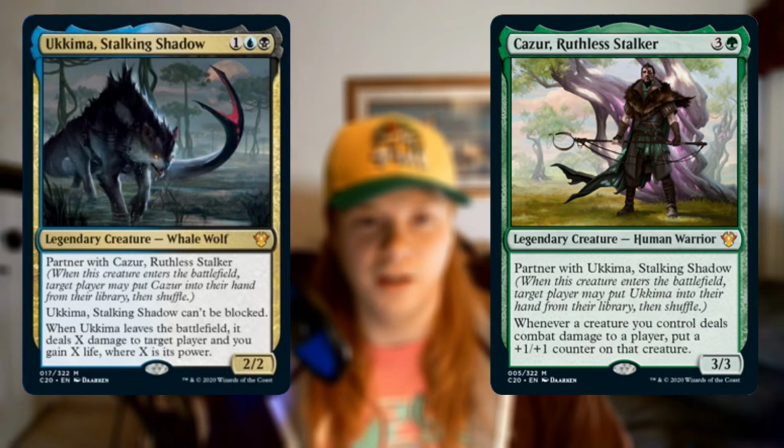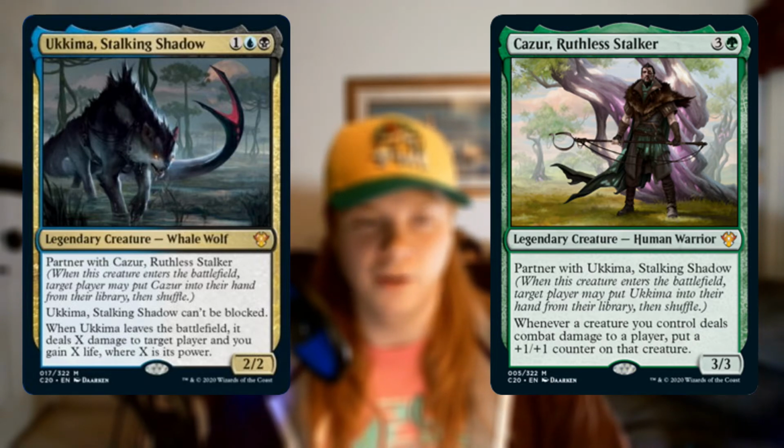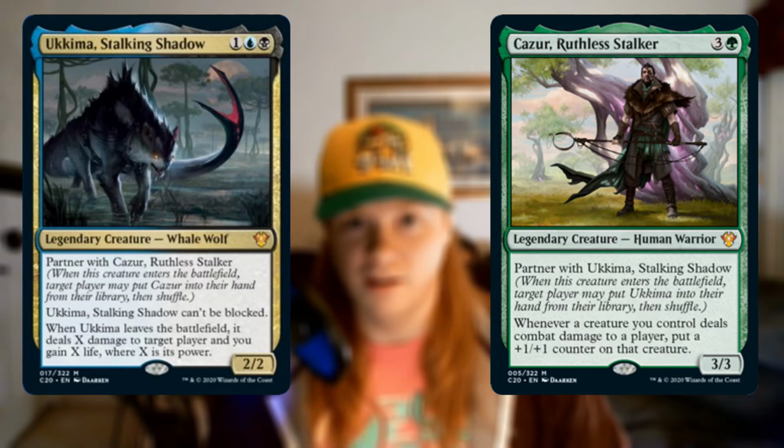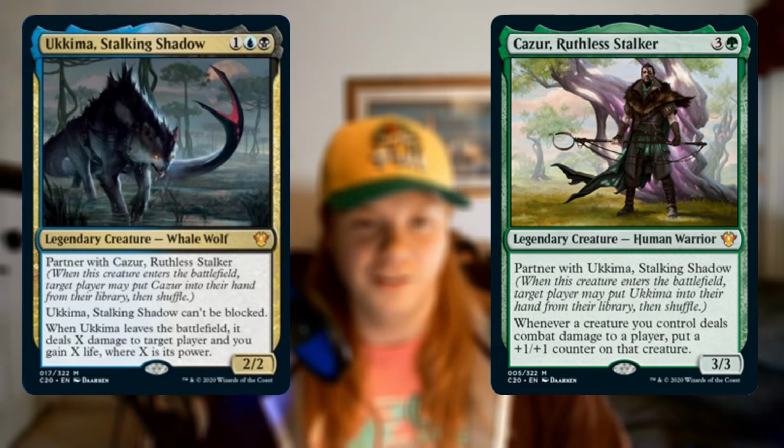So Ukkima comes in, he's unblockable if you have Cazur out, which, since Ukkima's 3 and Cazur is 4, hopefully you put out Ukkima first, and then you put out Cazur. I don't know if I'm saying that right. Cazur? Maybe from Chinese, because C is a TS sound. I'll go Cazur now, because I don't know anymore. But regardless, so Cazur,